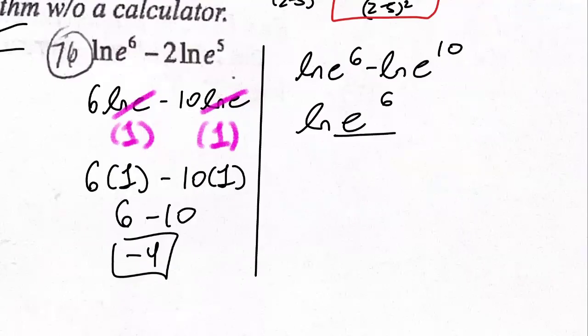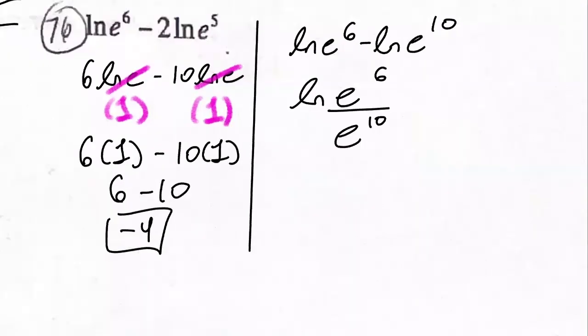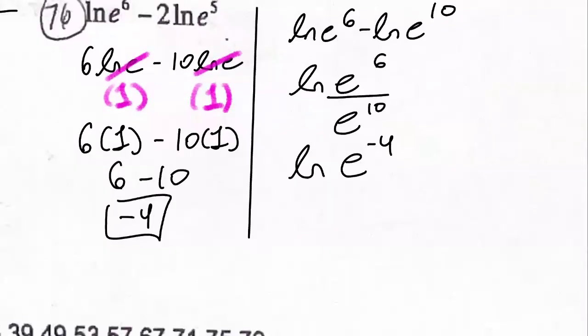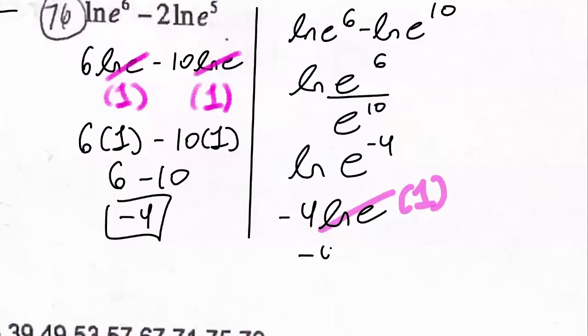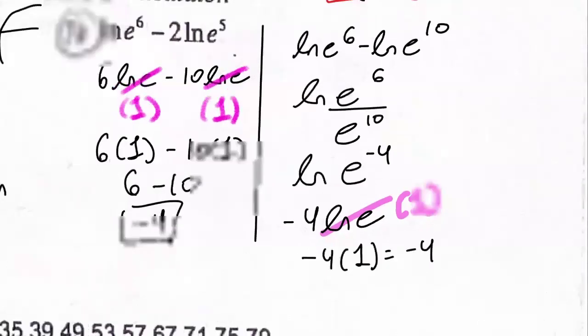And then this is the quotient, right? ln of e to the -4, and then use a power. You could have also done it this way. You could have condensed it and simplified. Remember when